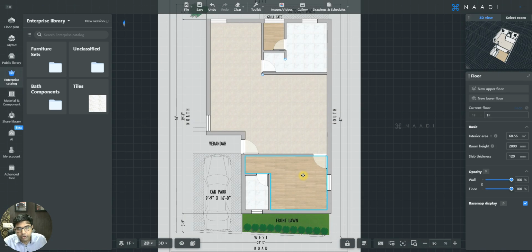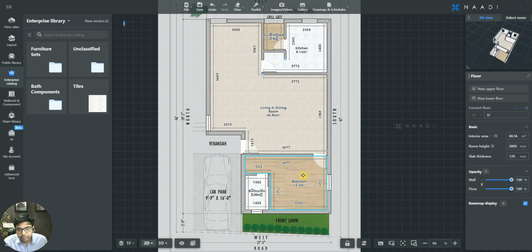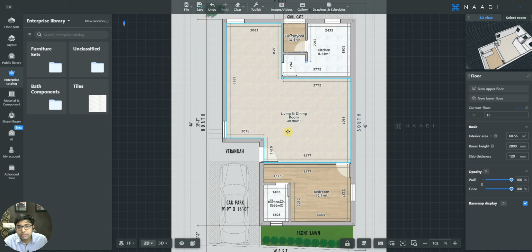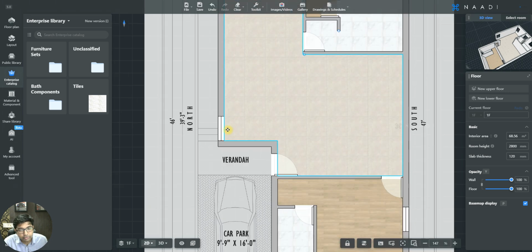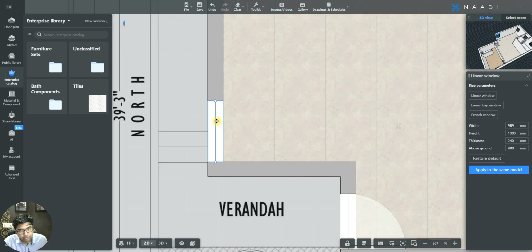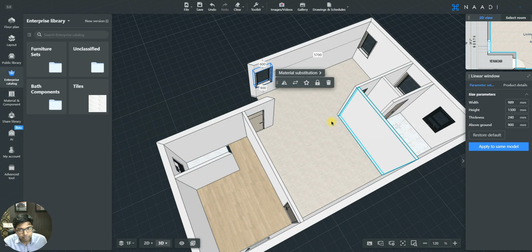Now your door and window inspection is completed. And now let's do the sixth inspection for the generated model, which is to check the parameters of the windows and door openings. So here, if you notice, if I just click on this window, on the right hand side it will show you its respective parameters, where you can check the width of the window, height, thickness and above ground. Here the above ground represents the sill of the window, and height represents lintel minus the sill of what you typed here. So if you go to 3D,